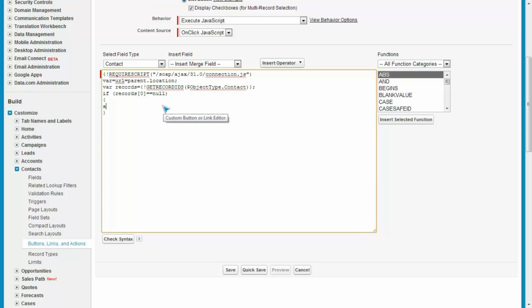So if no records are selected, I mean the first record in the array is null, then it will throw an alert saying, please select at least one record from the below list. So if no records are selected, then it will throw this alert message,